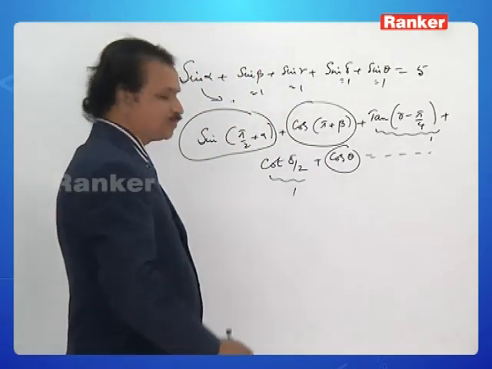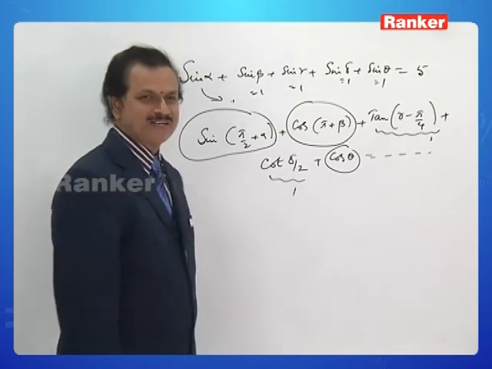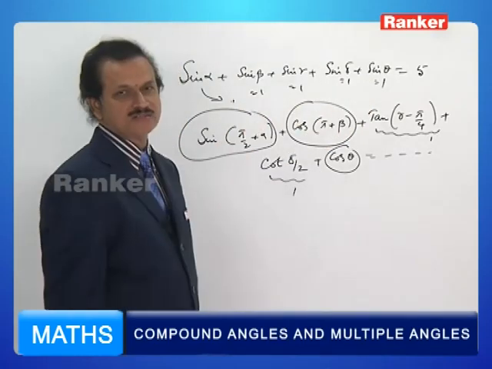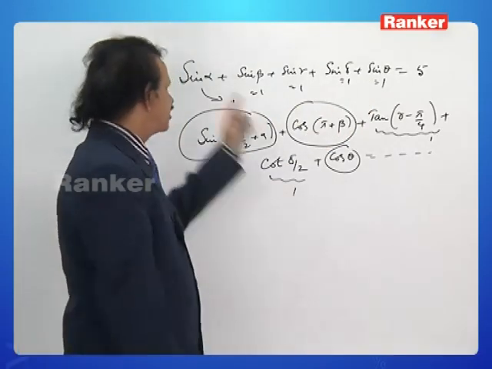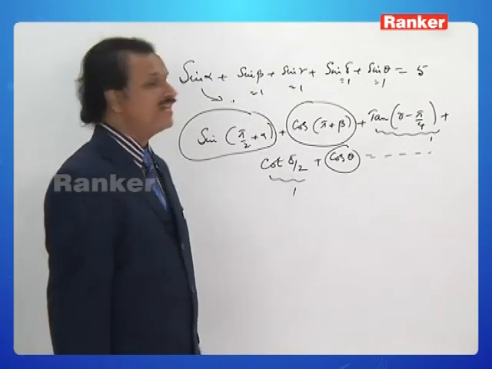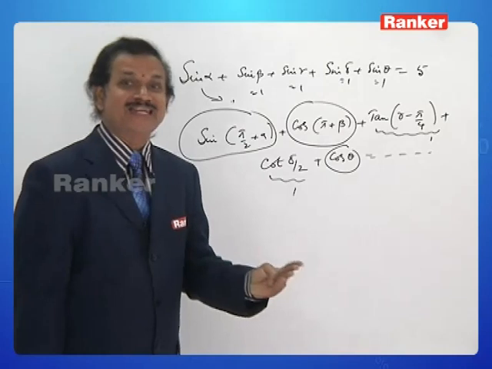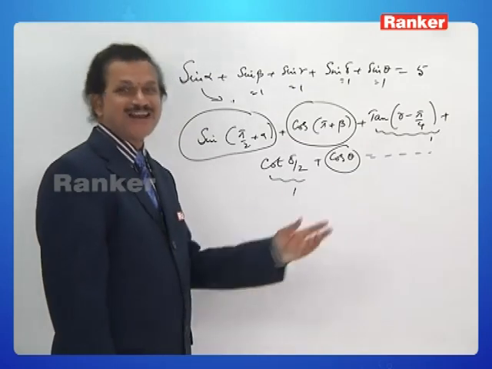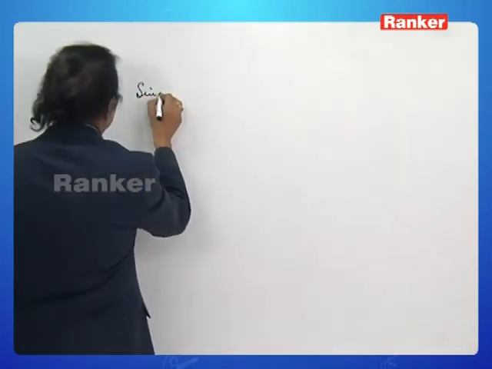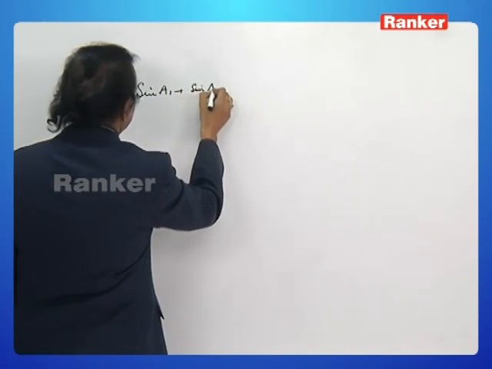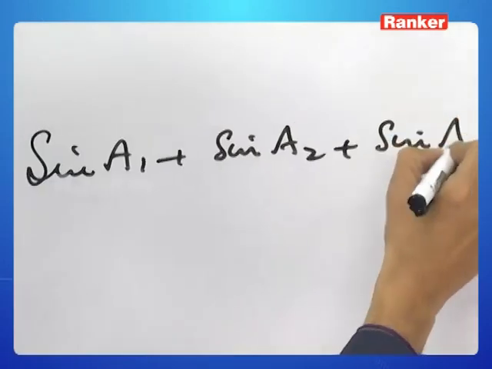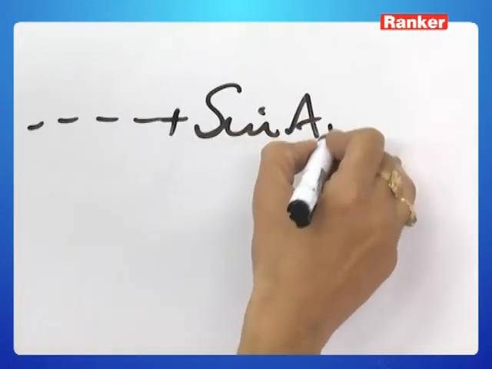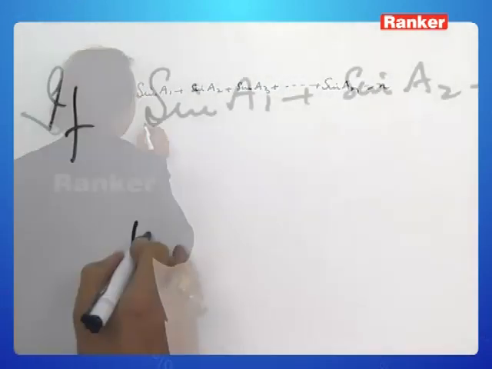So, in all such problems, what is the concept that must be kept in mind? Sum of sine functions is 5. There are 5 sine functions. If at all such thing happens, each of the sine functions becomes 1, and each of those angles can be taken pi by 2. Okay? Yes. Let us now generalize this result. Sin A1 plus sin A2 plus sin A3 plus etc. sin AN is equal to n. Then